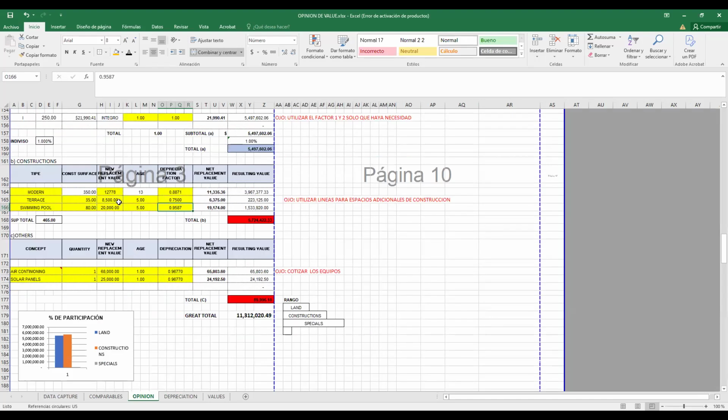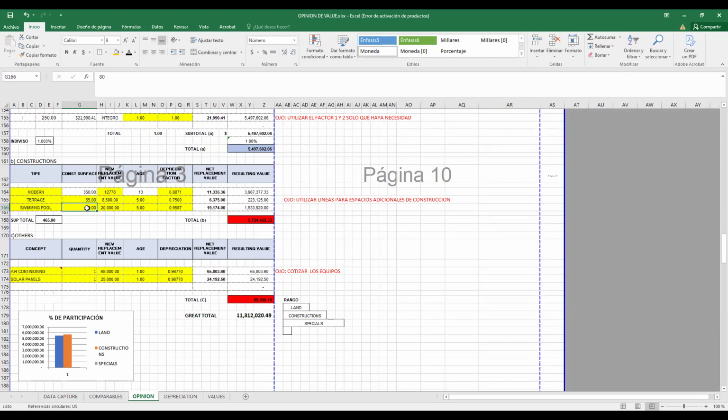Remember, Hugo, remember to only use the yellow spaces. Yes. I have a question about the pool because on previous charts, I've seen cubic meters used as opposed to square meters. Is that true? Yeah, this is square meters.